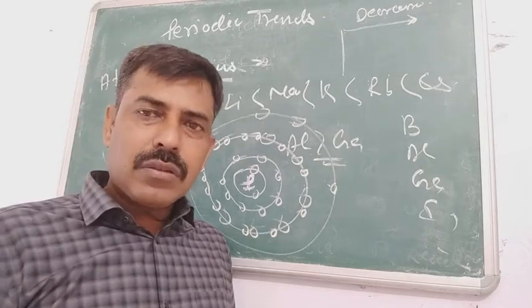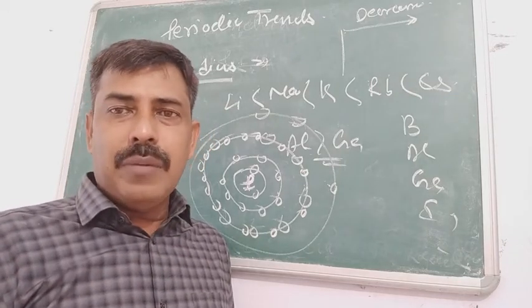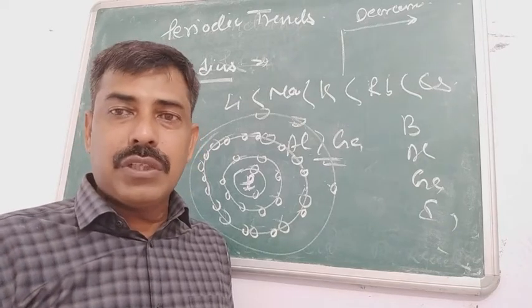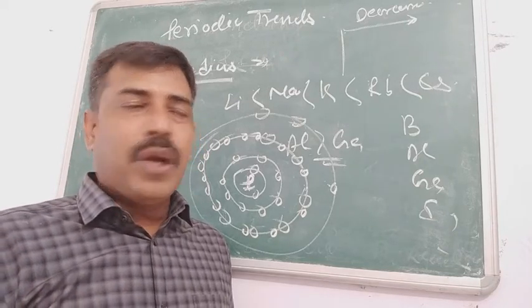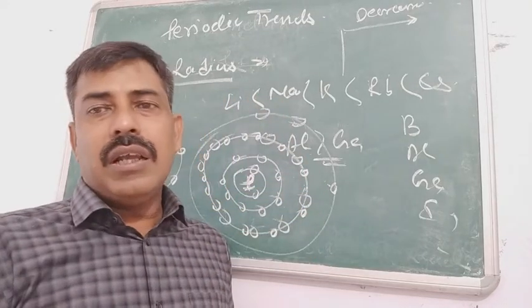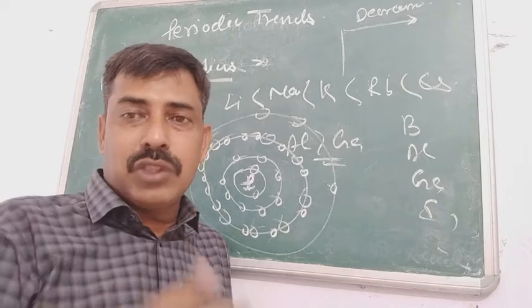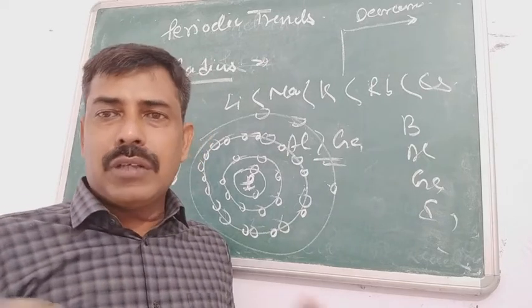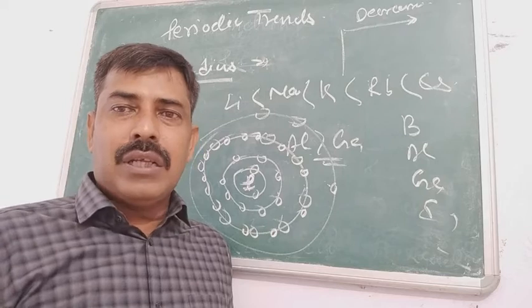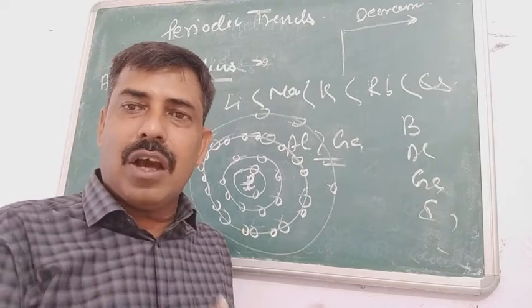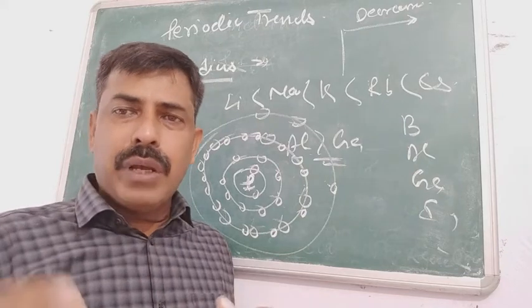It happens in almost all the elements from where the 3D subshell is going to start or where the 4F subshell is going to start. But due to the smaller size, aluminum and gallium have this condition, that means the size of gallium becomes smaller than the size of aluminum. But in other cases generally we find that the size remains greater, that means the lower elements have the greater size than the upper element, but the variation becomes negligible.